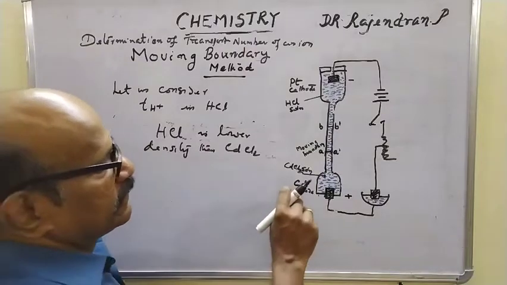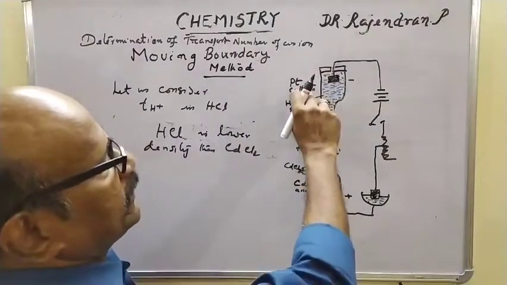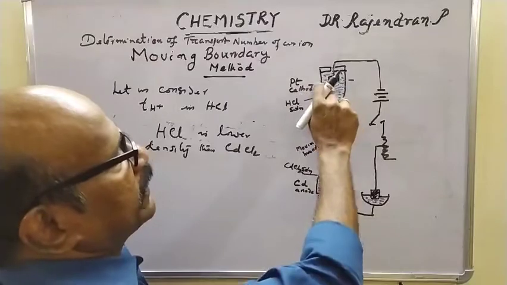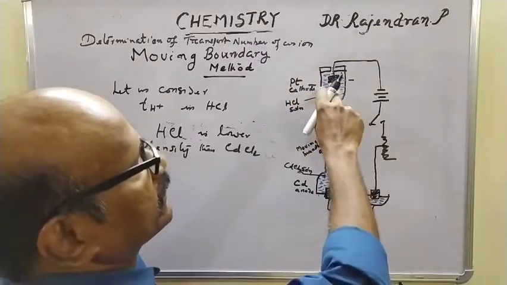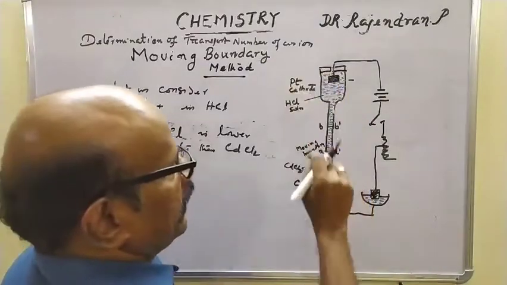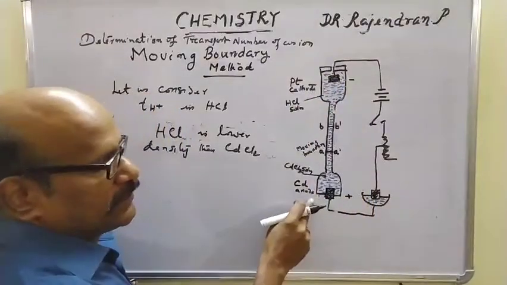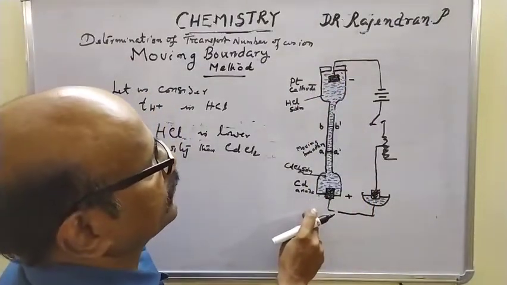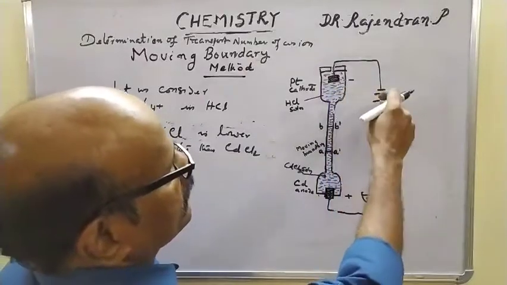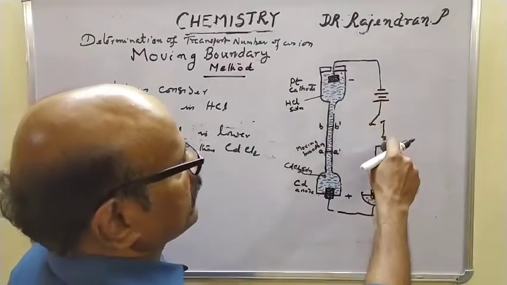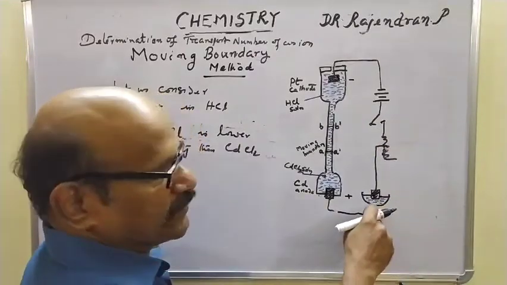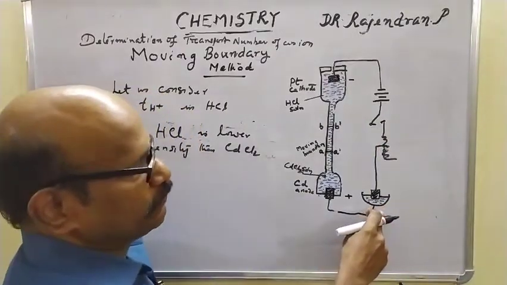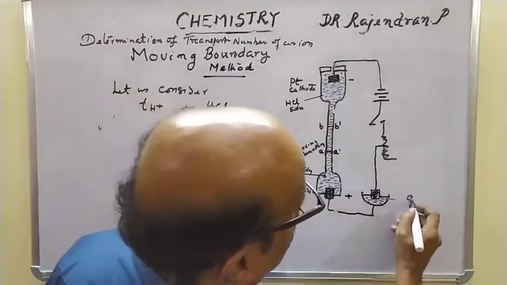Then for the electrodes, there is a platinum cathode, a platinum foil strip, connected at the top, and there is a cadmium anode connected at the bottom. The platinum cathode is then connected to a cell, which in turn is connected to a rheostat or resistor, and is serially connected to a coulometer in order to measure the current. This is a coulometer.